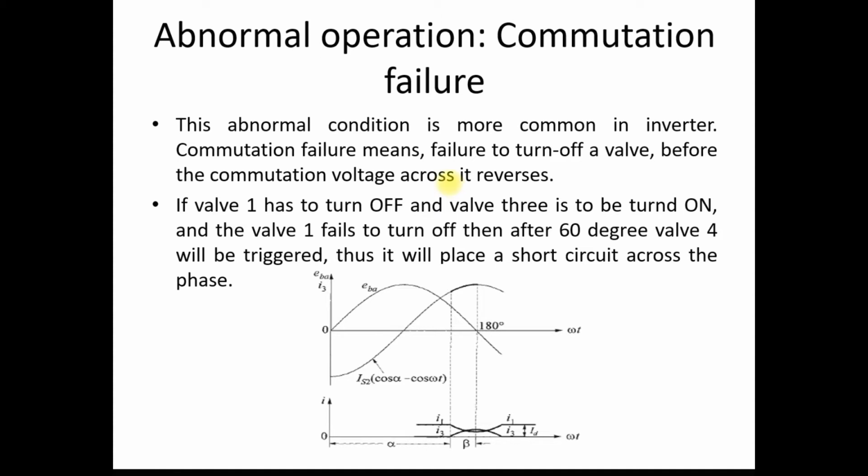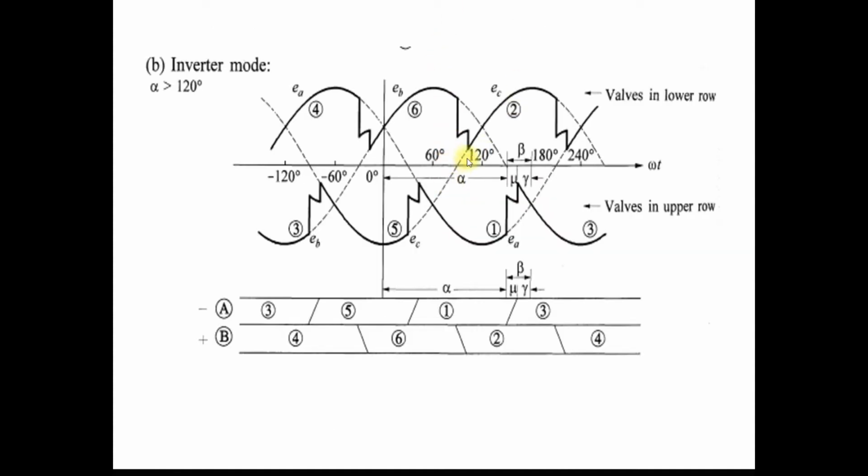As we know, in the inverter operation, here we take the example of the commutation between valve 1 and 3. This is a phase crossover point between phase A and B. Here we take alpha as 150 degrees. You calculate the alpha for valve number 3 from this omega t equal to 0. Clear? Because this is a phase crossover point between A and B. So if you calculate alpha 150, it comes at this point.